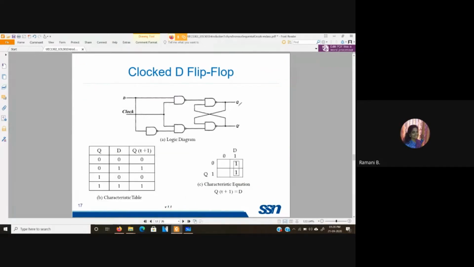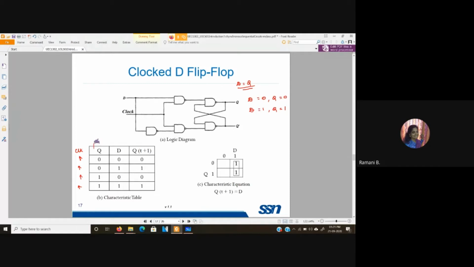Yes, ma'am. So next, the same way as we saw with the D latch, we have for the D flip-flop also. So here also again, you can consider this to be the rising edge of clock. And we have seen D is equal to Q, right? The output follows the input, that is the D input, right? That's what we saw. So for D equal to 0, we had Q equal to 0. If D is equal to 1, Q is equal to 1. That is what we saw. The same thing is mentioned over here.